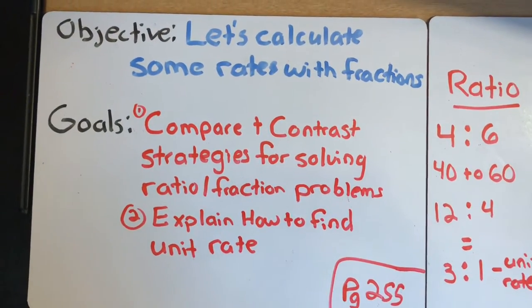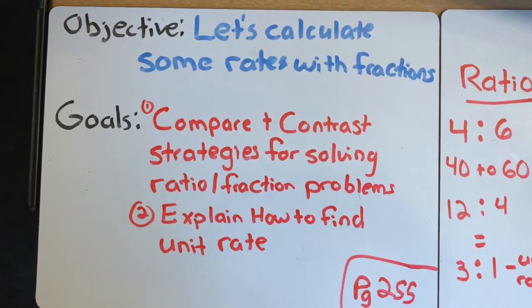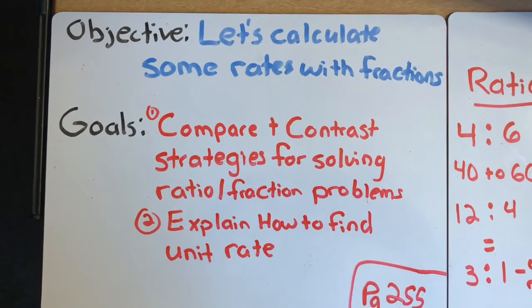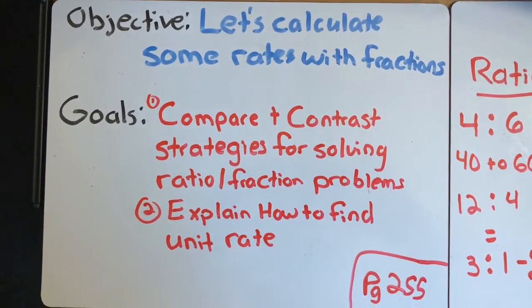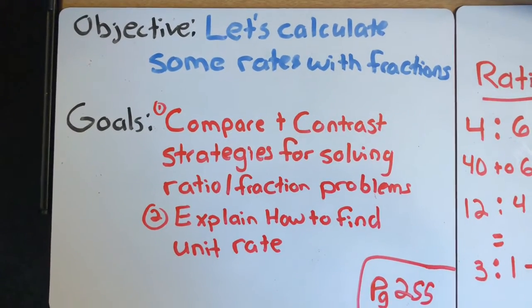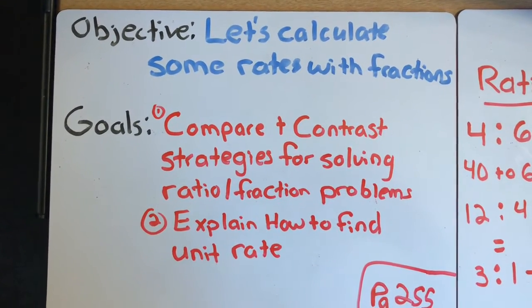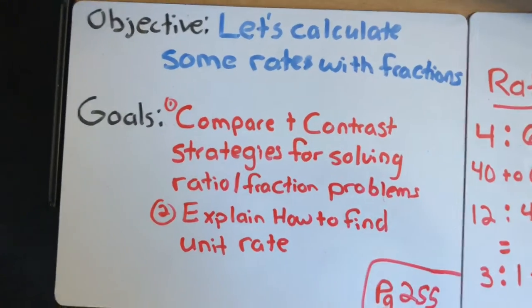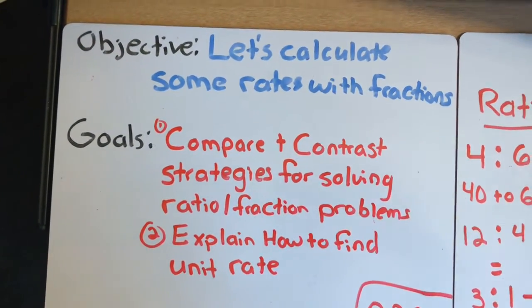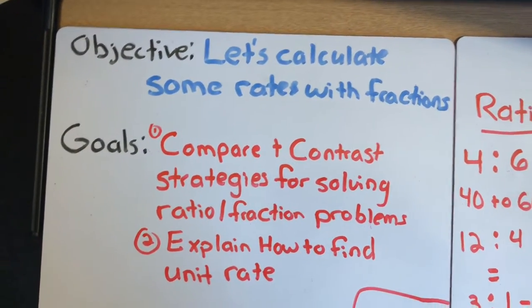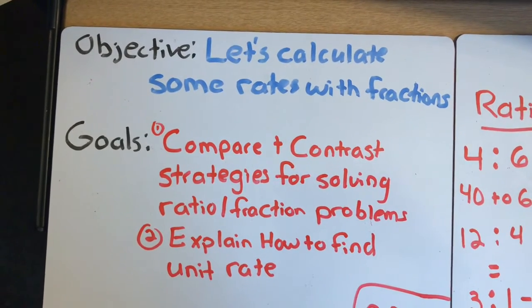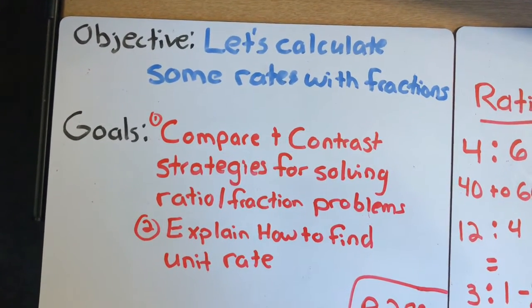Flip Classroom 2A. Today's lesson starts on page 255. Once again, turn to page 255. The objective of today's lesson is to calculate some rates with fractions. To do this, we have two goals. We want to compare and contrast strategies for solving ratio/fraction problems, and we want to explain how to find unit